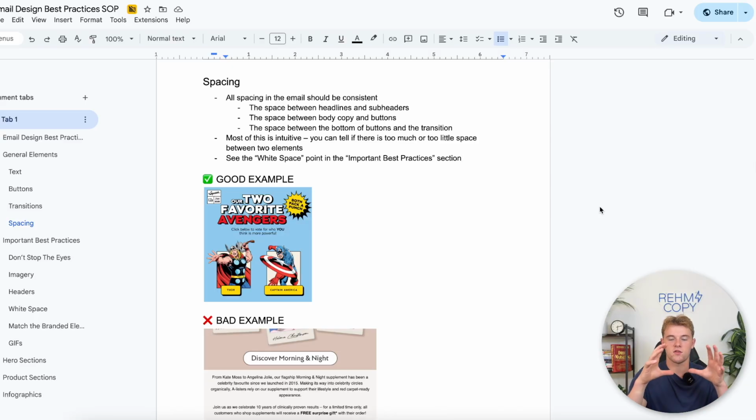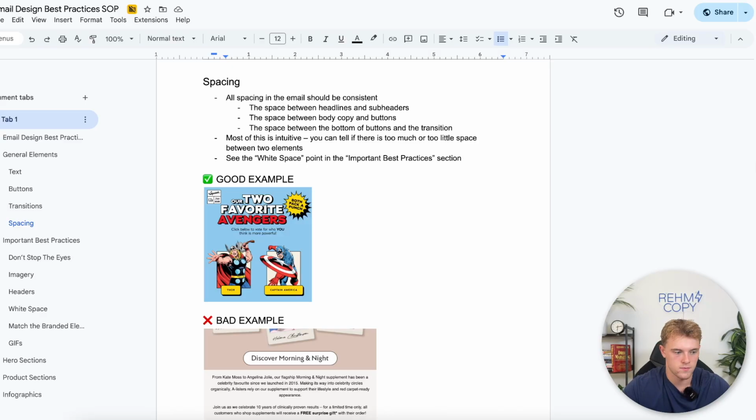You just want to make sure that everything's spaced out nicely and it's not crammed together and it's not too far apart. And the thing about this is it kind of just takes a designer's eye to know if the spacing between a certain element and another element is good or not. So you want to have that feel of, is there too much space or is there too little space? And if spacing is jacked up everywhere, it really just messes with the reader's eye, and it is likely going to stop people from reading or looking at whatever is in your email,